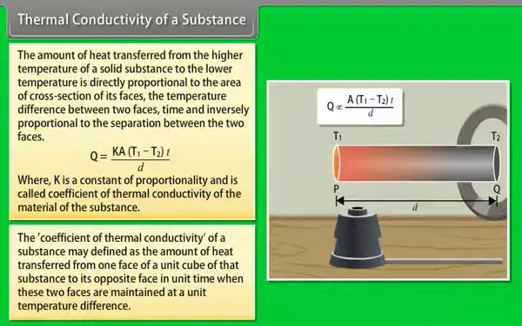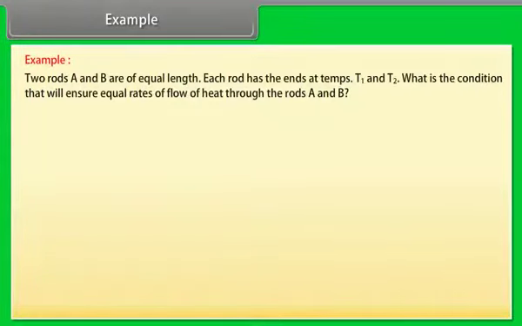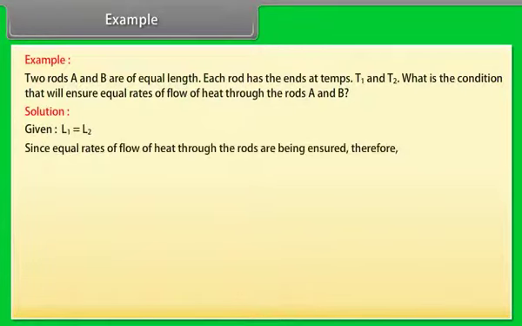Example. Let us take an example of thermal conductivity. Two rods A and B are of equal length. Each rod has the ends at temperature T1 and T2. What is the condition that will ensure equal rates of flow of heat through the rods A and B? Let's see the solution. Given L1 = L2. Since equal rates of flow of heat through the rods are being ensured, therefore ΔQ1/Δt = ΔQ2/Δt. On solving the expression, we get